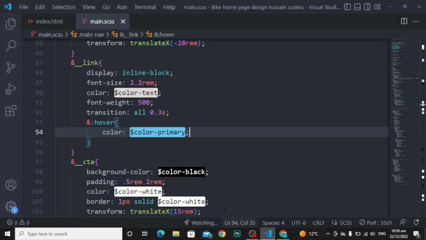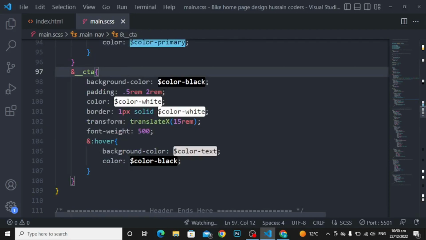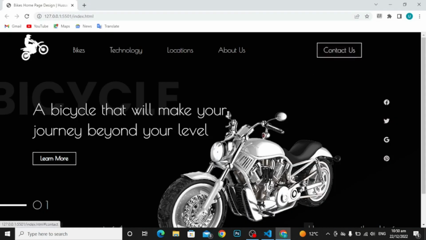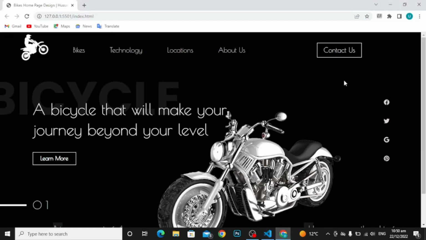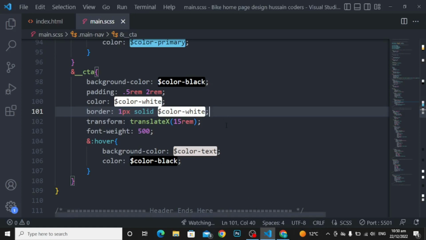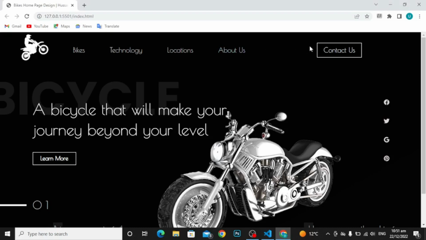Okay, now moving further to the call to action button. As you can see, this is our call to action button. In the call to action button, background color to color black, padding to 0.5 rem 2 rem, color to color white, border to 1 pixel solid color white. As you can see, here is the border. Okay, this is the border, you can see. Transform to translateX 15 rem, font weight to 500, and for the hovering effect, background color to color text and color to color black. As you can see, we need a space here, so we are using translateX here, and this is the